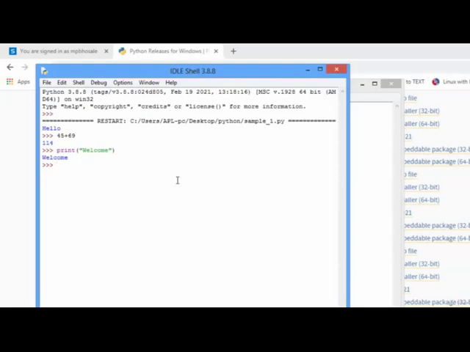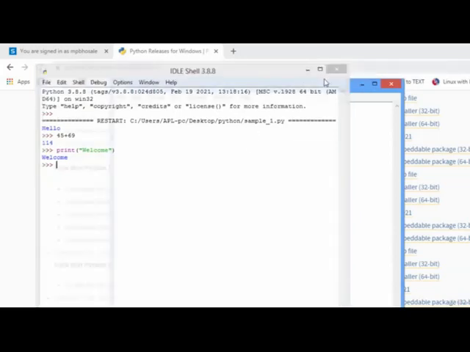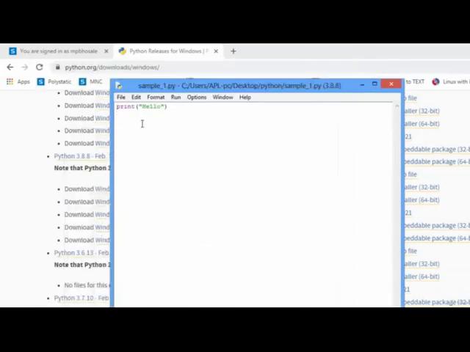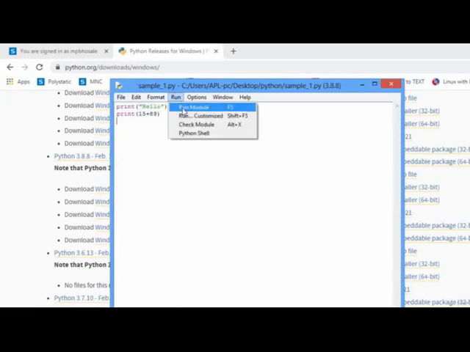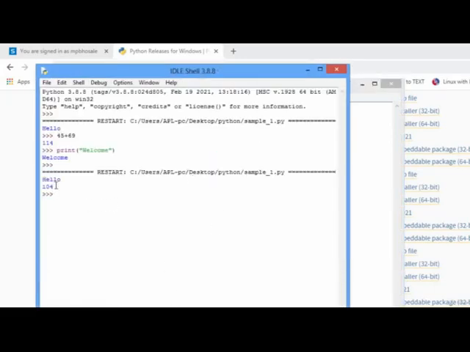On the interactive shell, whatever statement you write, you have to press enter and it will give you the output, and you just have to minimize it. If you want to make a modification, here you cannot directly print the addition, so to get the result you have to use the print statement again. So if I use 15 plus 89, I need to first save this file and then run it. It will show you the output here. Again it will restart to run it, and then it will show the output.